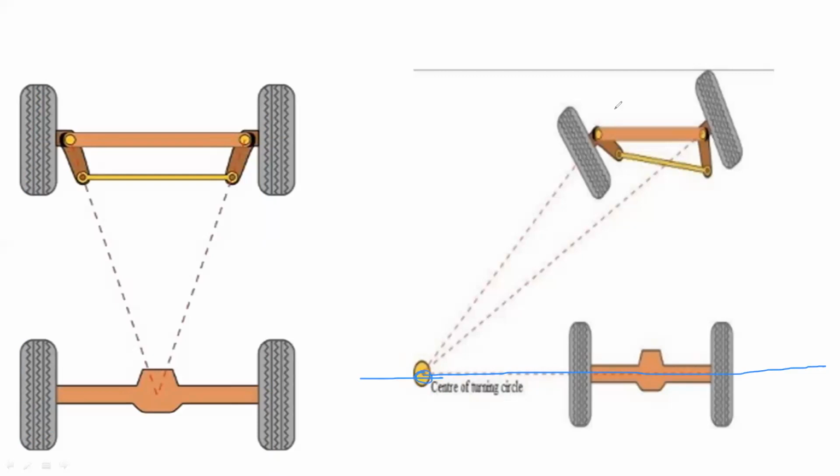So the maximum turning occurs in the front wheels. It gives the turning position, the center point. It meets with the center of the rear wheels. So the axis meets with the center point of the rear wheels. So this condition we should take to maintain a perfect steering angle on these different automobile vehicles.